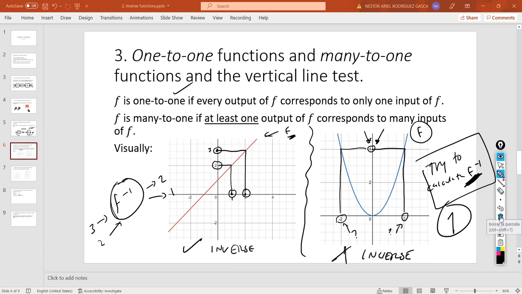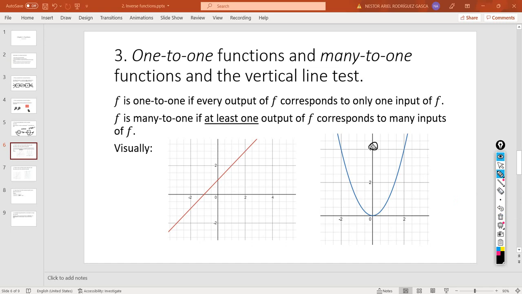Because there are two inputs that go into one output, and when you want to reverse the process, you won't be able to. Para este output habría dos posibilidades,